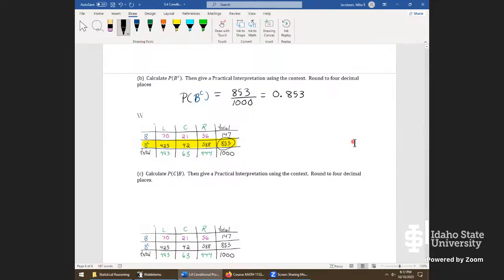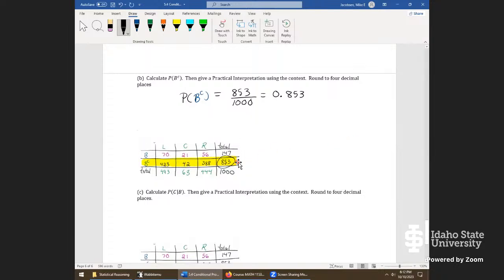Well, these are kind of fun. It's really just one count we had to take, the 853, and divide by the typical 1000. And the practical interpretation is not too bad either. For this one, we can say pretty rapidly, let's just mention the probability to start it off. There is a 85.3% chance